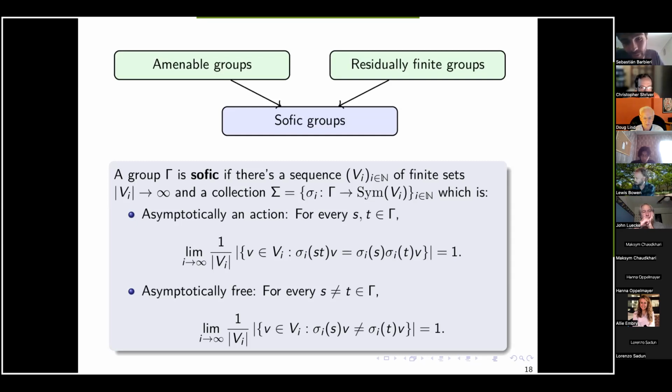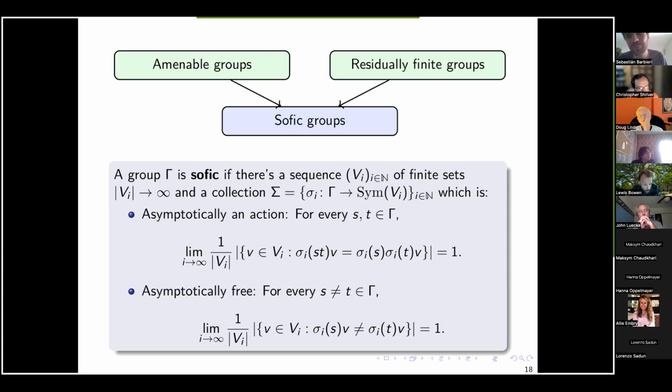And well, if I have the second property that it maps things non-trivially. My idea is the following. I'm going to think of these V_i as finite models. I don't have access to my whole group Gamma. I just have this finite set of nodes. And I'm going to try to represent Gamma faithfully by just making it act on this finite set of nodes.